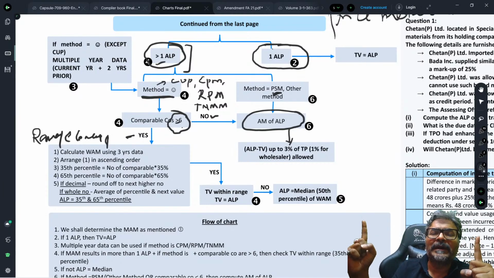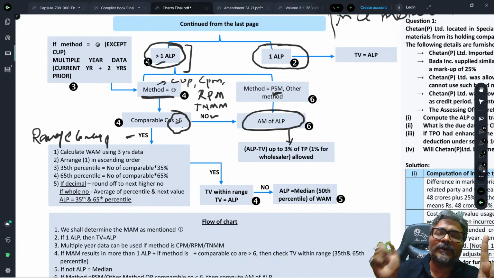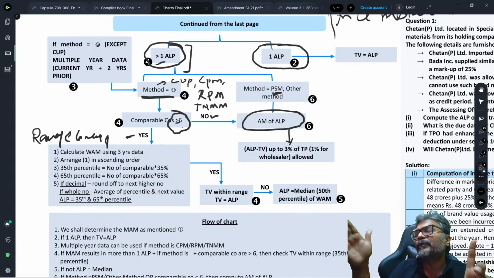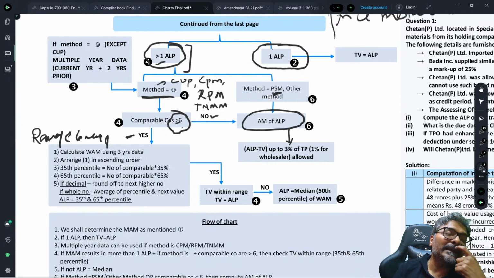what is the number, and these are the range, and check whether your transfer price falls within this range or not. And if it doesn't fall within this range, then in that particular case, students, you will proceed to determine the ALP to be adopted for the purpose of the transfer pricing adjustment. And for that purpose, students, you then have to take 50% of the data set, meaning